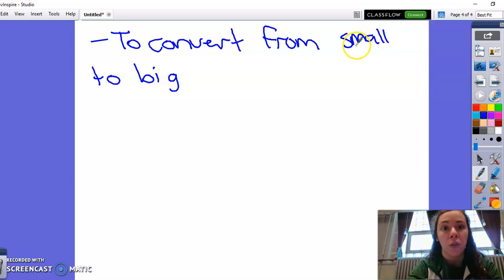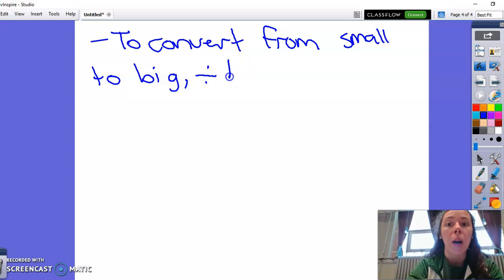So if we're starting with the little one, we need fewer big ones than what we start with. So instead of making our number bigger, we want to make it smaller. Which operation is opposite from multiplication that would do that for us? Division! So let's do a little dividing here